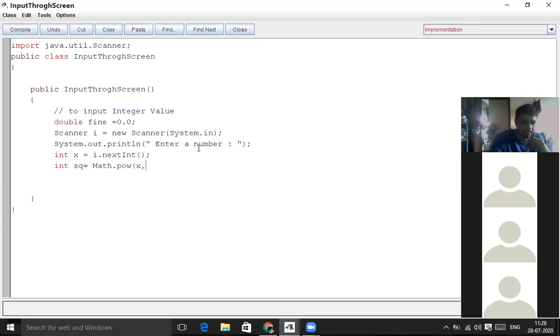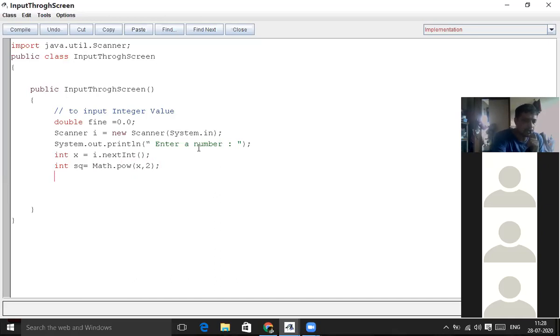So here it is indicating the power function. POW is a power function. Over here, first is the value, which value you are going, and second point is a power. What is the power here? It is square, 2. 2 is the power over here.